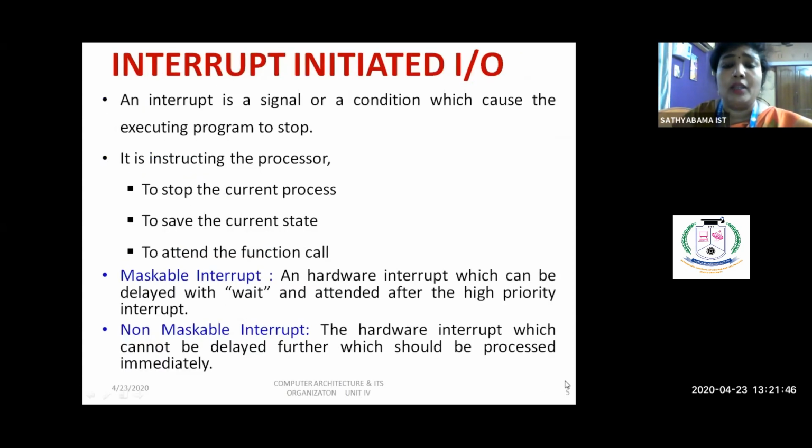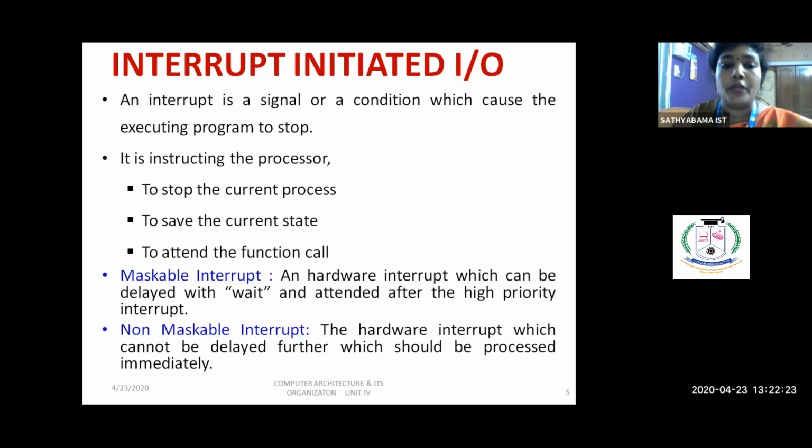An interrupt is a signal which stops the current execution of the processor. It also instructs the processor to save the current state and to attend the functional call.